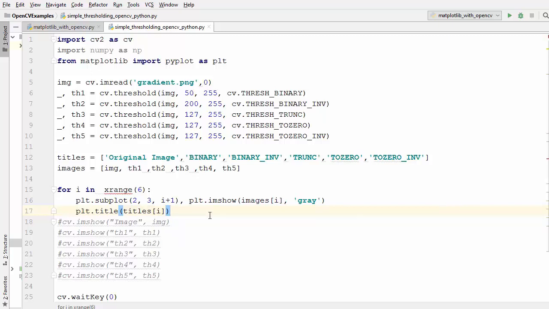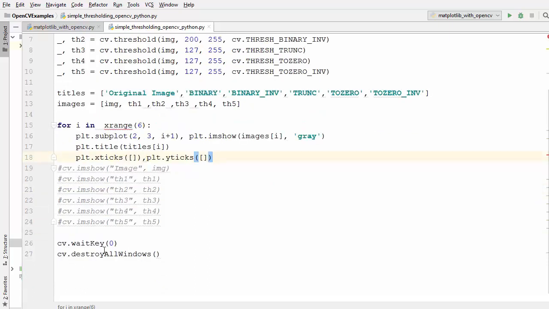And at last, if you don't want to show the ticks on the images, you can give these 2 methods, which are plt.xticks and the argument here is the empty list, and also plt.yticks and the argument is the empty list. And at the end, we just want to show our window.